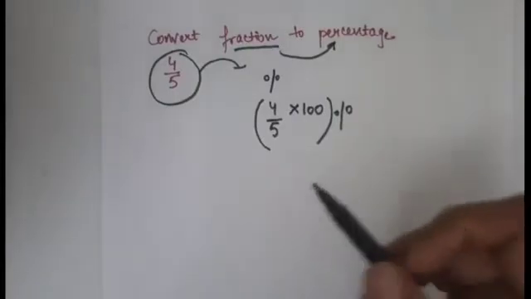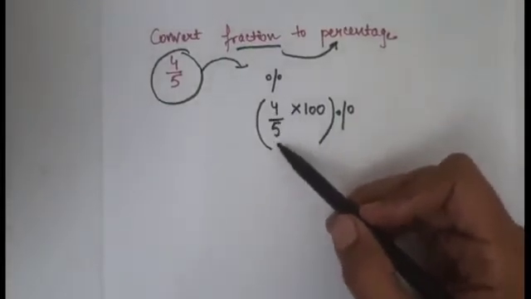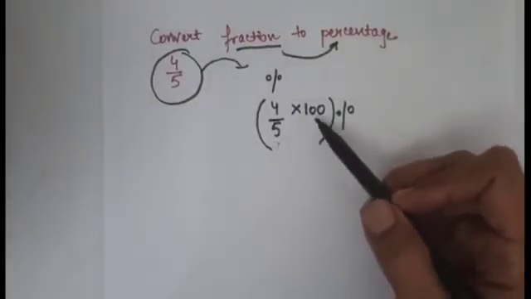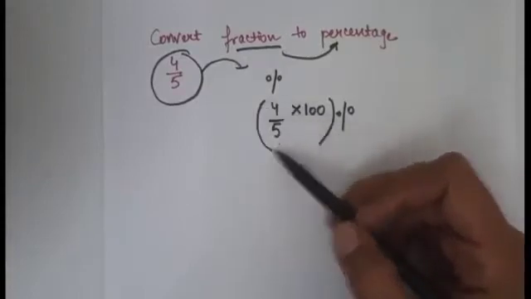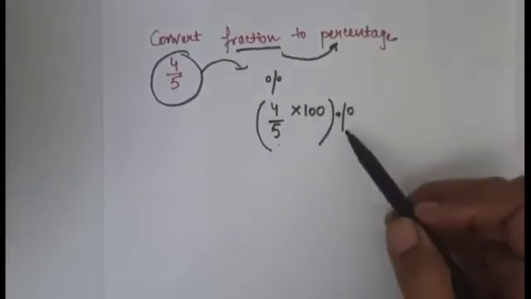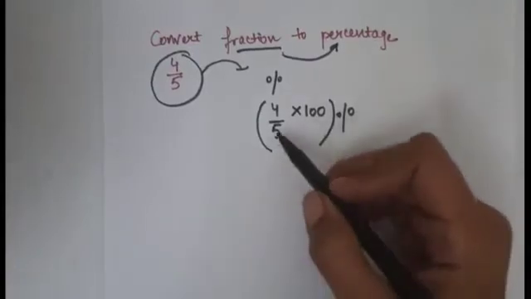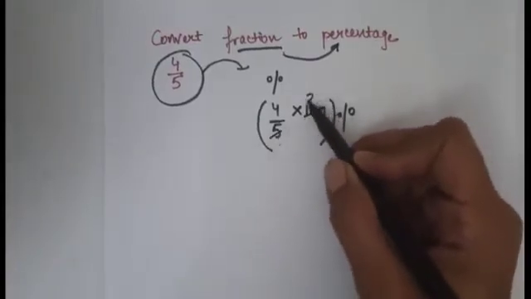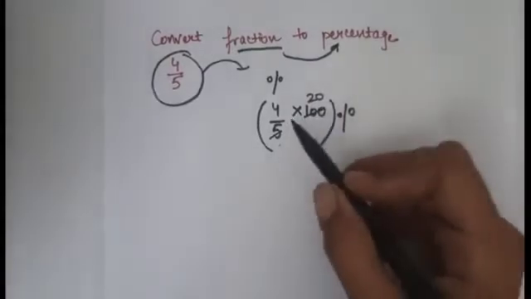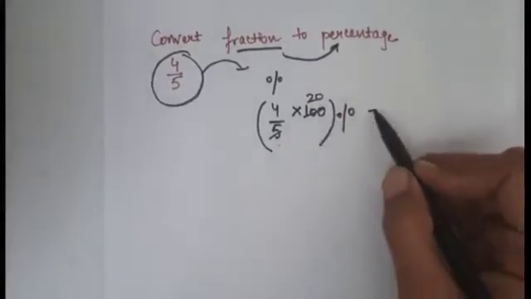Again, I am telling, write the fraction, multiply by 100, put the bracket with the symbol of percentage. So, cancellation. So, what we get? 4 into 20, that is